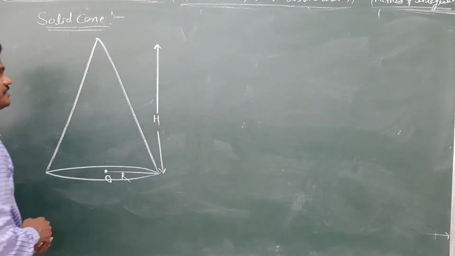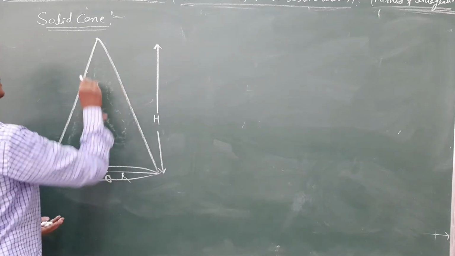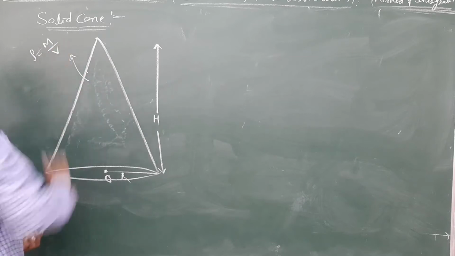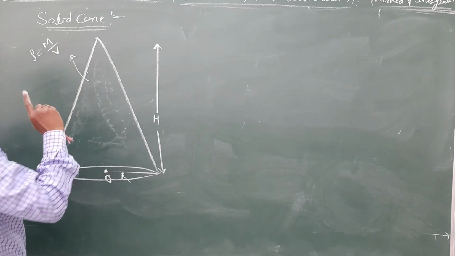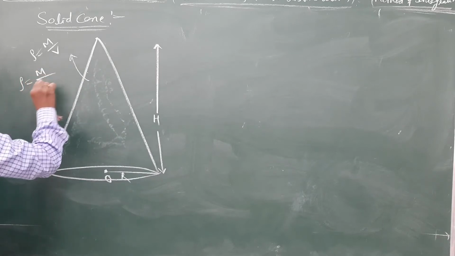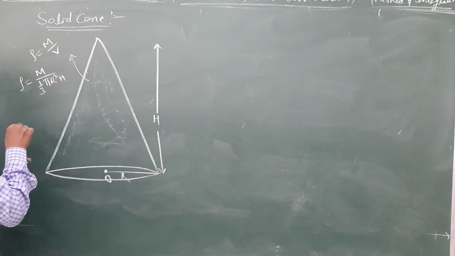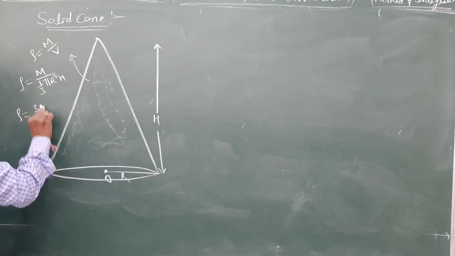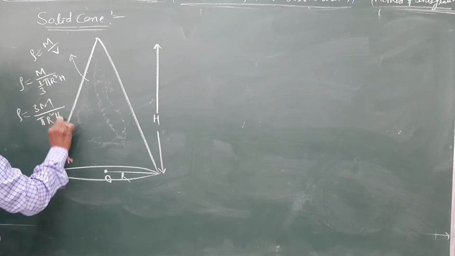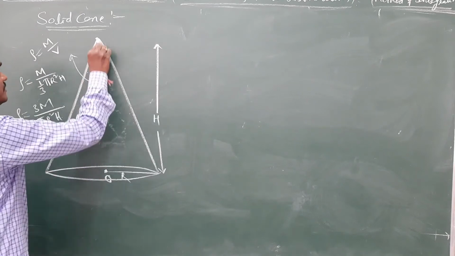So to solve this, see, this is the solid cone. Again, a solid cone has rho, nothing but mass by volume. The volume of the cone is 1 by 3 pi r square h. So rho is equal to mass by 1 by 3 pi r square h, so rho is equal to 3m by pi r square h. Okay. And to solve this,